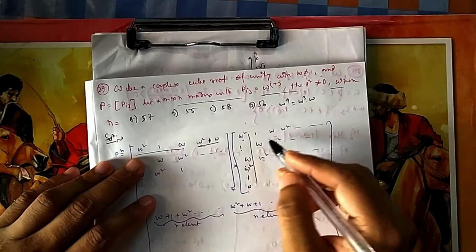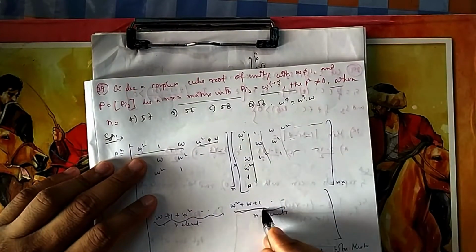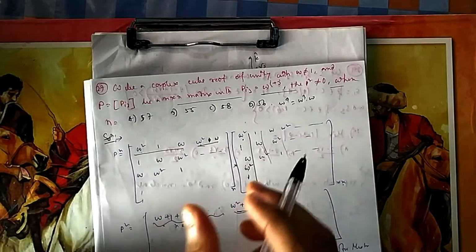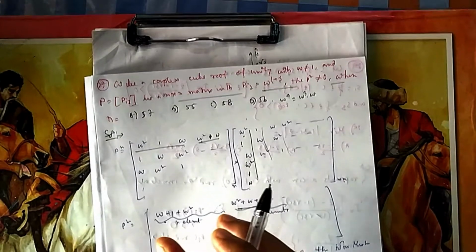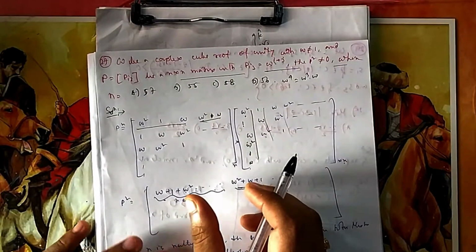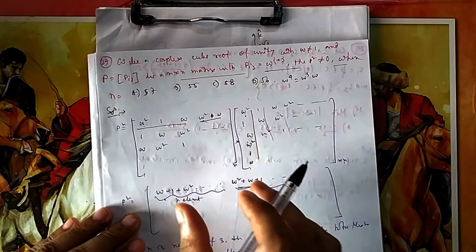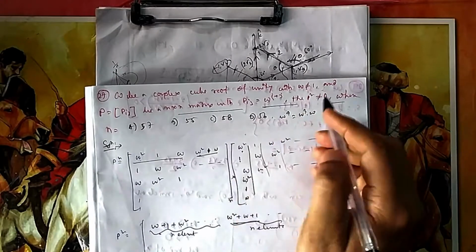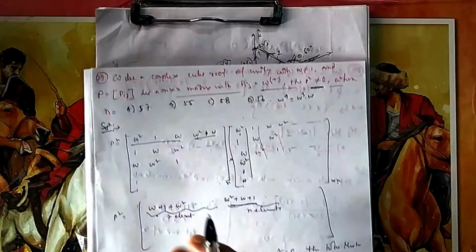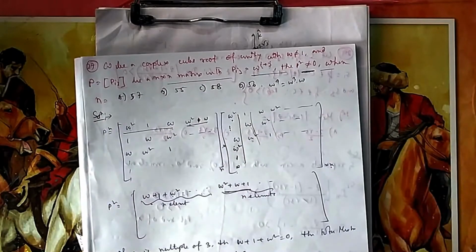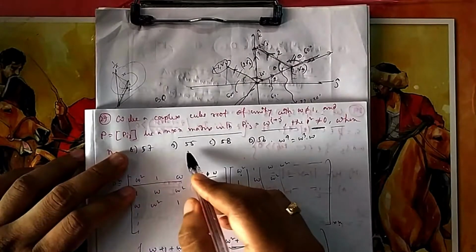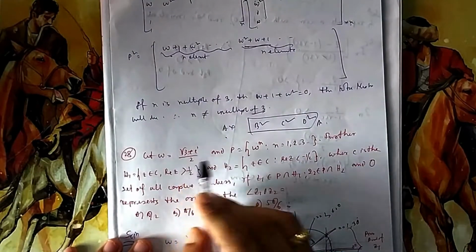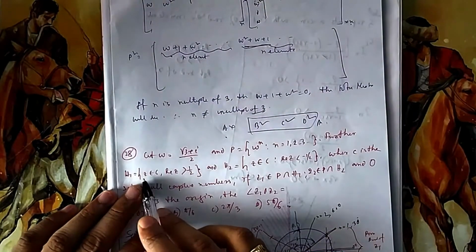If you see the second term, if you take 3, that's why I have written only 3, 3. Every 3 values will give you 1 plus omega square. So if you take complete 3 then it will be 0. So n cannot be a multiple of 3. If it is 4 then it will be non-zero. Why? Then 3 will be 0, another one will be left. Because they are asking that it should be non-zero, so n should not be a multiple of 3. So you see the options, which option is not a multiple of 3? This one is a multiple of 3, this is not, so B, C, D are possible.